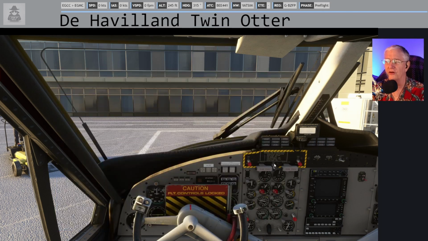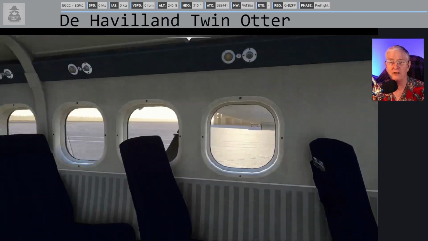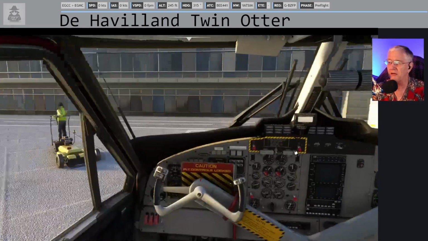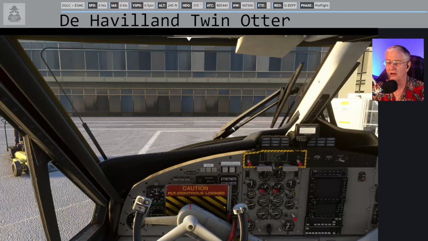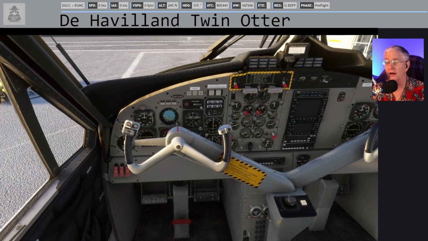Now I think it's time for us to start doing the fun stuff, which is flipping buttons and stuff. That's the thing to do. So, are our passengers aboard? Yes, they are. Are the doors closed? Well, you can kind of look in here and look back in the passengers, and yep, doors are closed. Passengers are seated. So the next thing to do is you look down here, you see there's this control lock. You get rid of the control lock by clicking the floor. And when you do that, your control column might